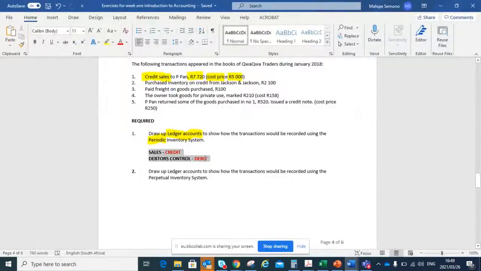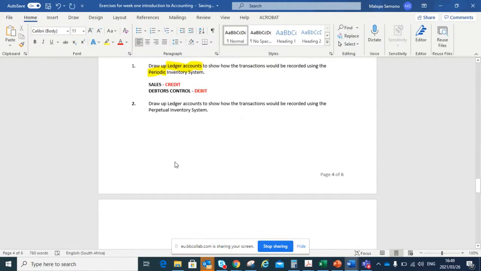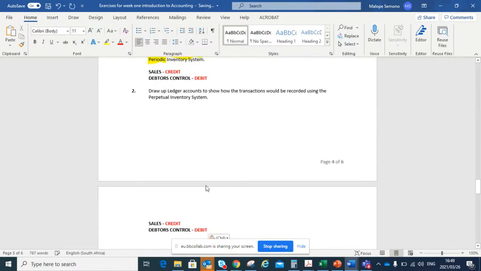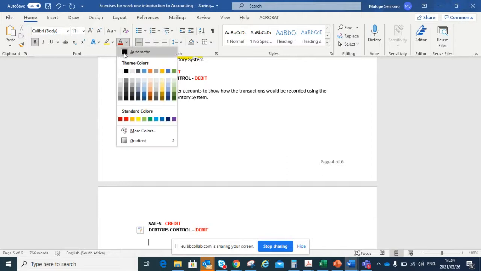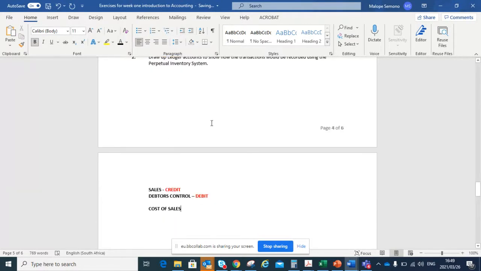I'm going to have these ones as they are. I agree. I'm going to put them here. I'm going to have this as they are, but I'm also going to have another account. Remember, I'm going to have cost of sales. Like under accounting, it doesn't change anything, like what we did under the accounting equation, okay? Cost of sales, and we must have trading inventory or trading stock. Can you see that?